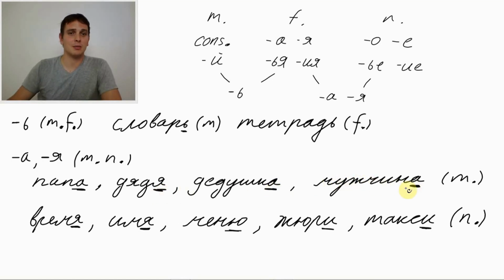And мужчина, man. Man is of the masculine gender. Время ends in ya, in 70 to 80% would be female. However, it's neutral. Имя, name, neutral. Menu is neutral. Jury is neutral, and taxi also neutral. In the next lesson, we will learn